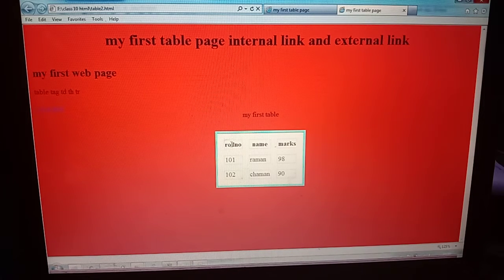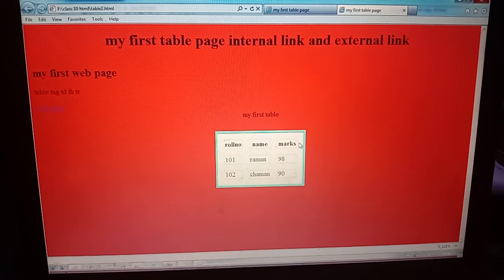In the second table, earlier we gave the border red, now we have given the background red, but the border is aqua, and the border also has cell padding and cell spacing size. Cell padding is 10 and cell spacing is 15 and this is 10. Okay, so we will make use of this command in a particular way.